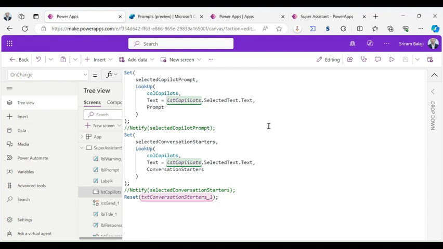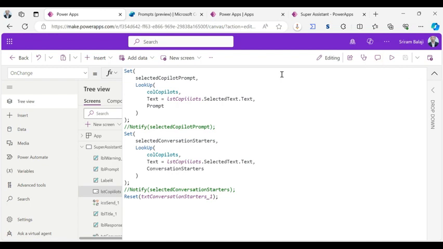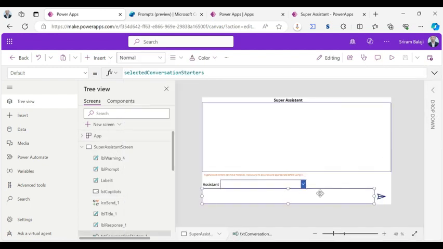So what I'm doing here is filtering and looking up what is the selected one, and I'm getting that selected prompt, the text and everything from the collection. So based on that, I'll set the selected copilot prompt variable and the selected conversation starters variable. Okay, so this variable is used in the controls. So if I go here, you see that is the default one, selected conversation starters. And once